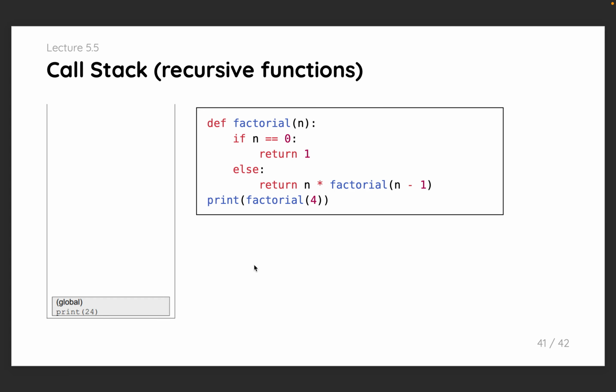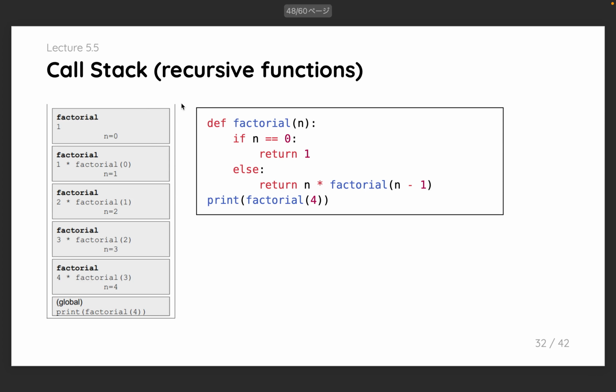So that is how the call stack works for recursive functions. As you can see, this is also why it's important to make sure that your recursive functions have a base case. If they don't have a base case, you can imagine this stack would just grow on forever. So -1, -2, and so on. If the stack grows too much, you end up overflowing the stack. That's why we have terms like stack overflow, since if you put too many plates onto the stack,